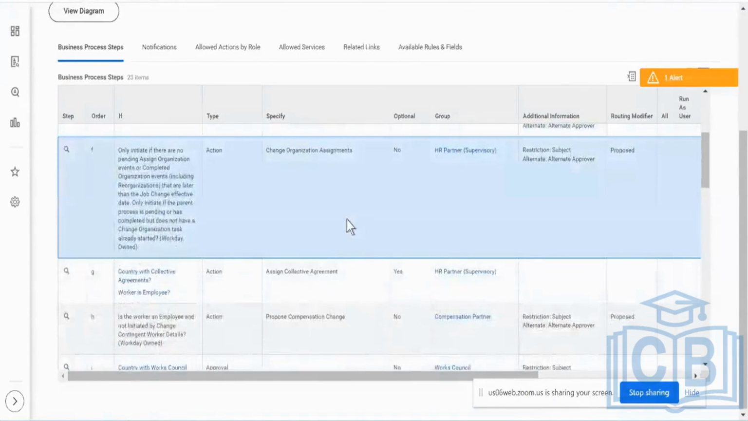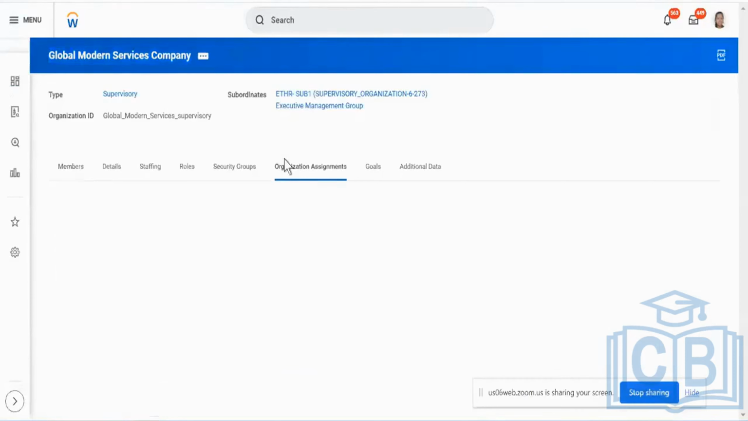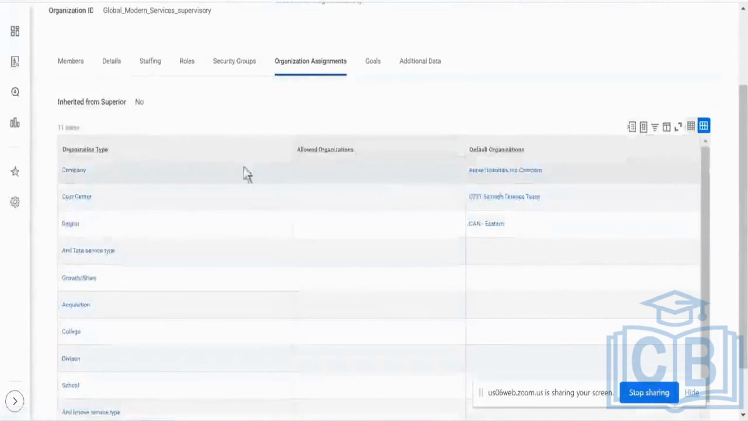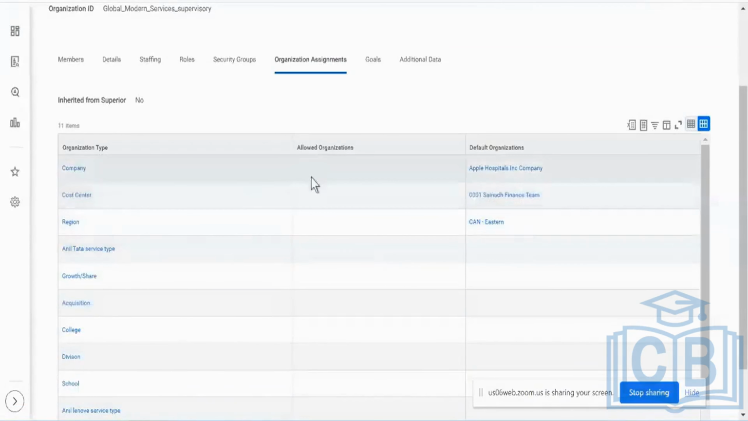Next, any kind of org change or assignment is going to come up whenever we go for a change in the location. That is obviously going to involve some changes in the organization assignment. What I mean is this is the global modern services supervisory organization where local marketing is working. And if I come to the Organization tab, you will see all of these company, cost center, regions and all the other stuff which we created earlier. If a person is going to